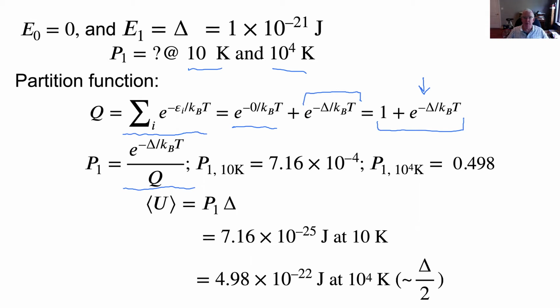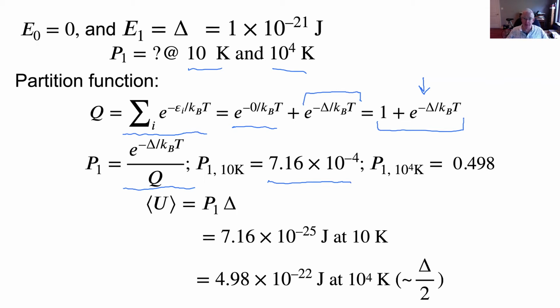K is order of 10 to the minus 23rd power. So kT when T is 10 is still 10 to the minus 22nd power, let's say. That's still much smaller than my delta, and so my exponent here is going to be such that this term comes out to be very small. At the low temperature, almost all of my population is going to have to be in my lower state. And so my probability of being in the upper state is on the order of 10 to the minus 4